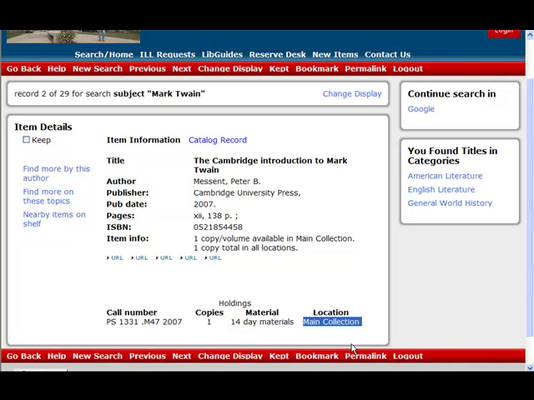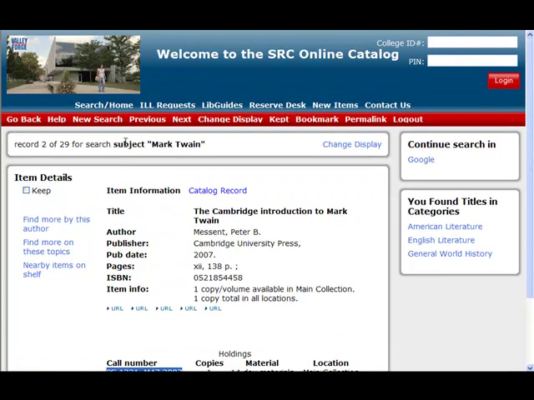For example, it may say reference or reserve shelf to indicate that it was in the reference section or on reserve. Other locations include the DVD, juvenile, or young adult sections. We can also see the call number right here. And this is important. PS 1331 M47 2007. This is the number that we're going to write down so that we can find it in the library. Okay, let's go back to the main search page